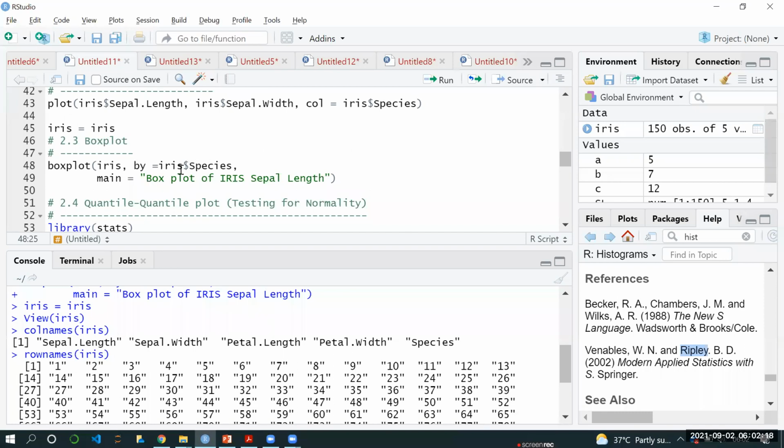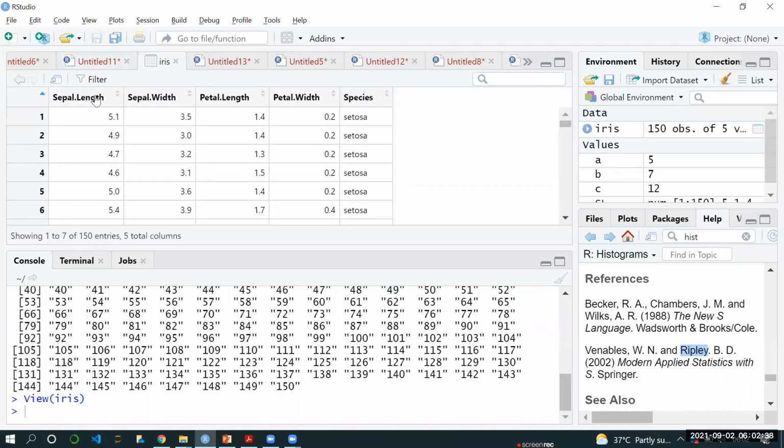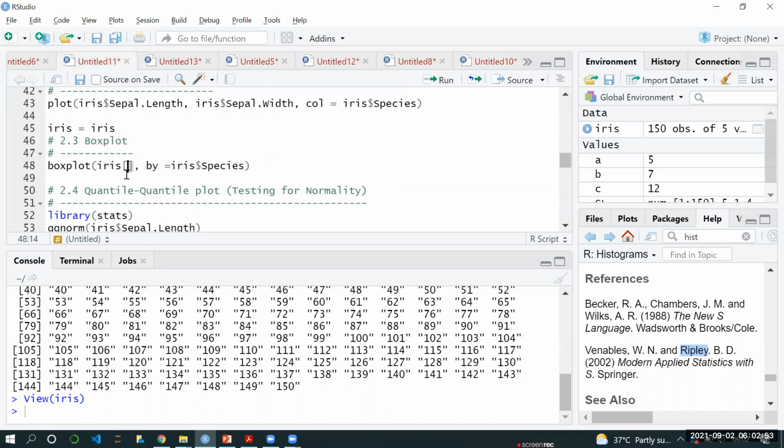Boxplot. In the Boxplot, you see I have included another thing. I want to plot iris data, but with the help of square bracket, I will say I only want to include first 4 variables. I repeat again here, in the iris data, we have first 4 variables which are numeric, and the 5th one is categorical. We do not make box plot for categorical data. So I have to remove this 5th column from the box plot. So I say,